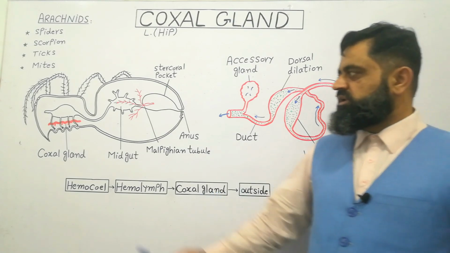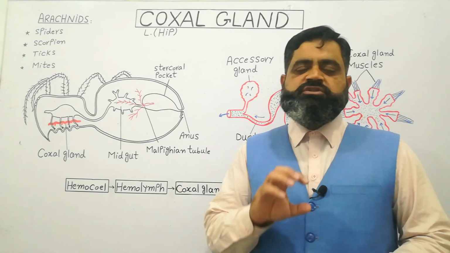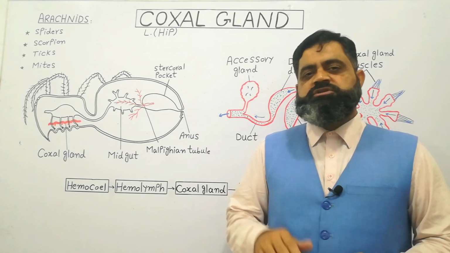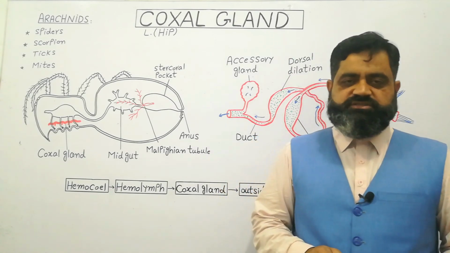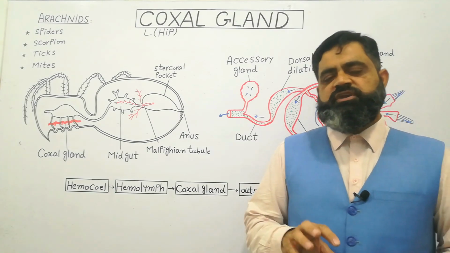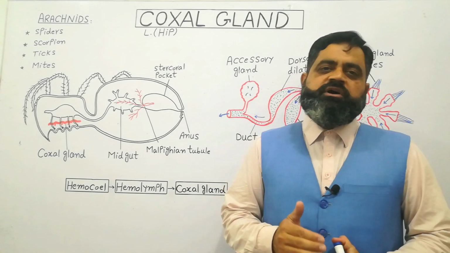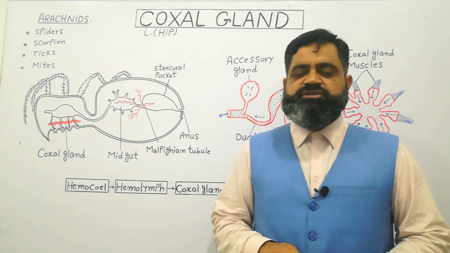via pores which are located just near the proximal joints of the appendages. These pores open in different segments of different animals which belong to different classes. So in this way, the coxal gland helps to excrete uric acid from the hemolymph of the insects and helps in the excretion process of the